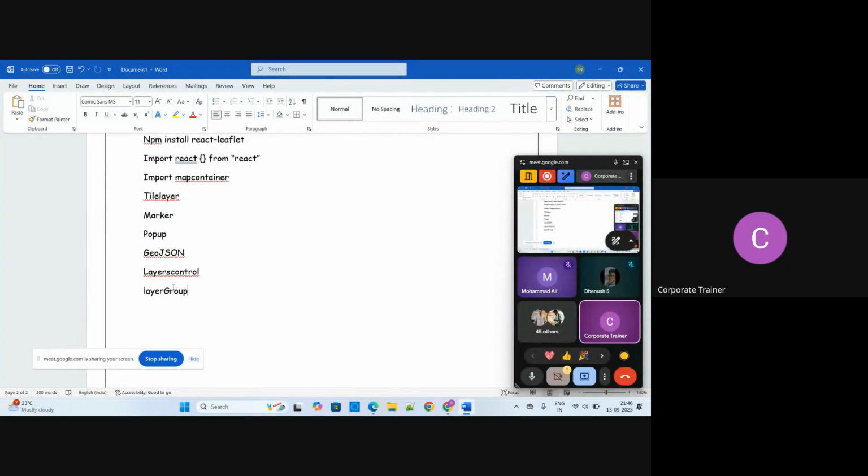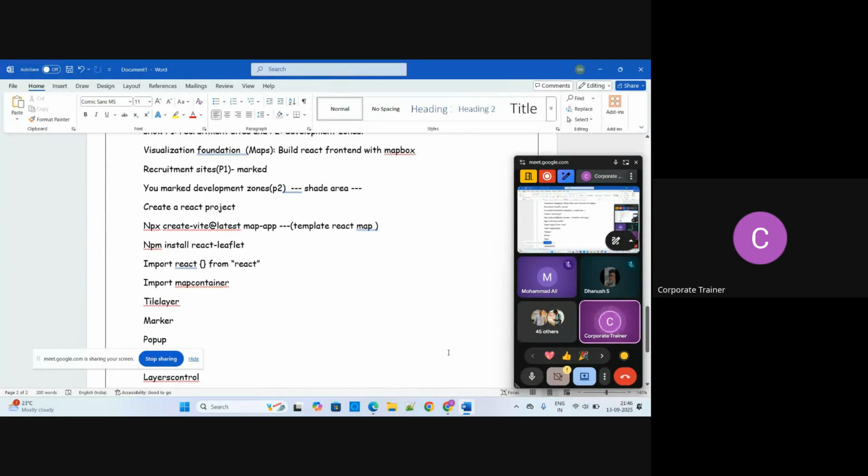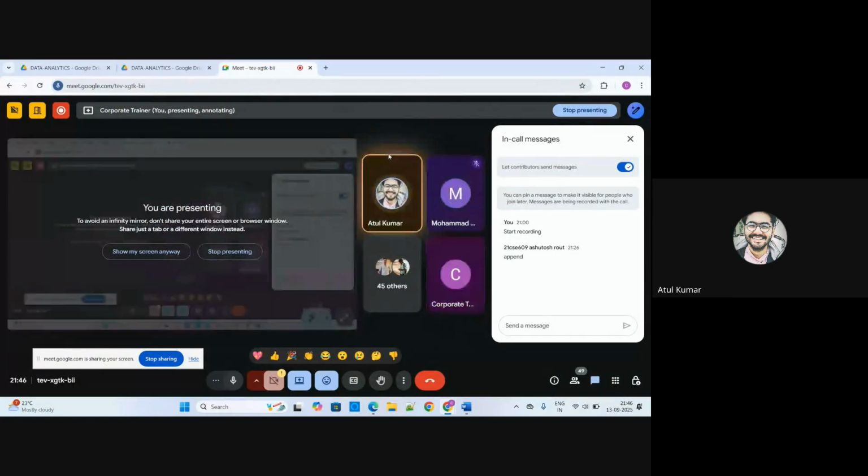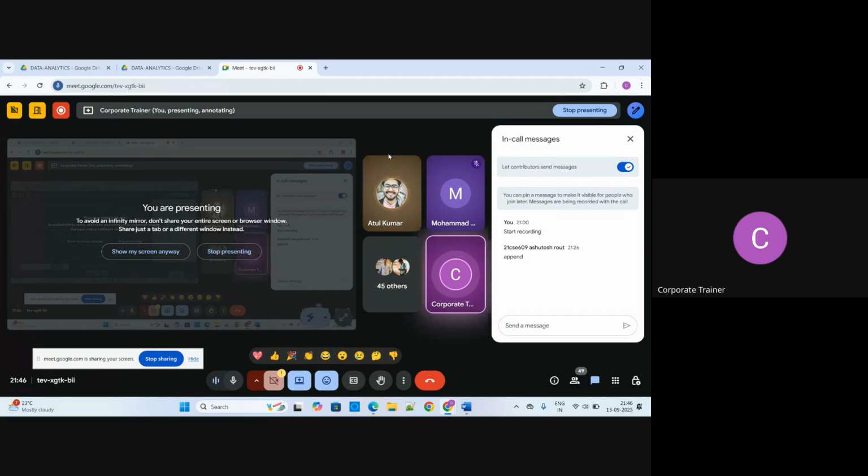Okay, is there anything else? Atul is asking me something. Sir, I was asking where we have to import this, on what application we have to use it, and how we are going to link our project with this. Okay, I'll tell you. Let's suppose whatever project you are doing, you might be working on VS Code.